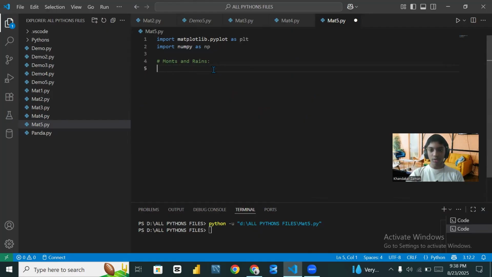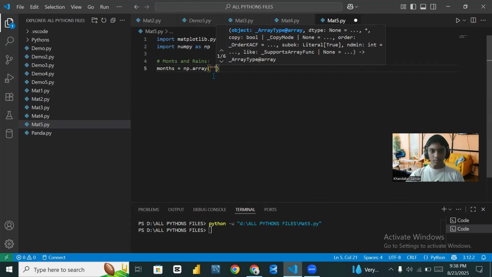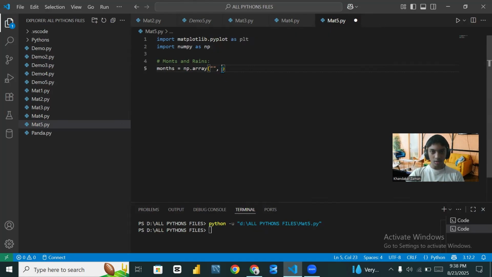Firstly, we use the months variable. Months equals np.array, with brackets and commas. Copy it here, Ctrl C and paste it. Okay, when it's done, import the months: January, February, March,